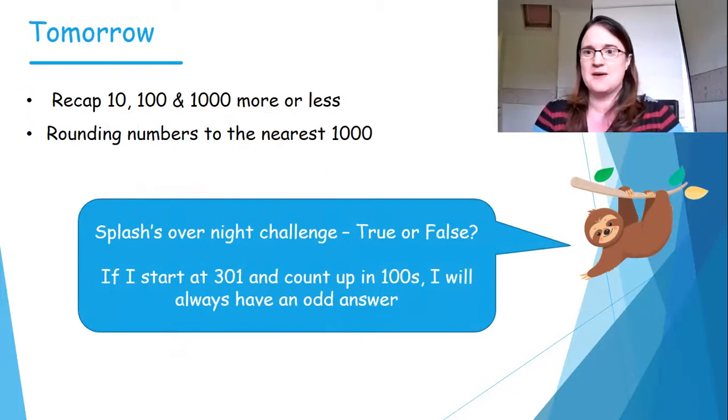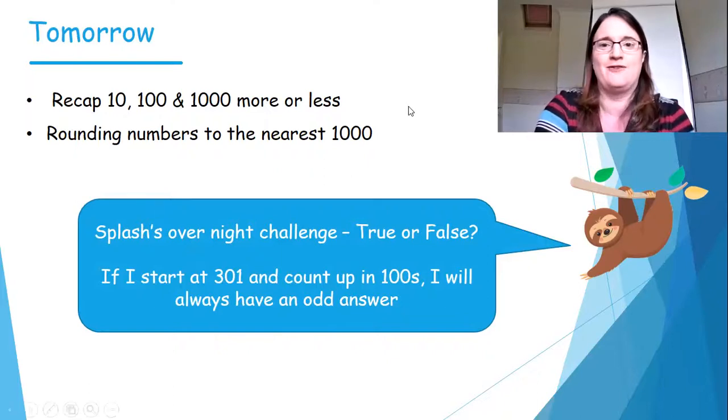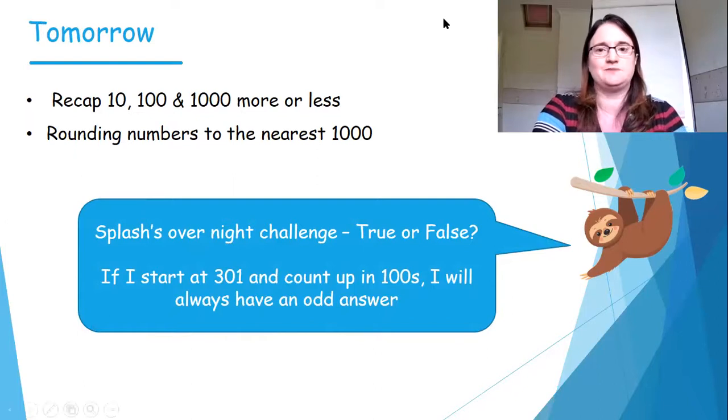Splash has got something for you to think about overnight. His overnight challenge is this: true or false? If I start at 301 and count up in hundreds, I will always have an odd answer. Have a think about that overnight. Your mind will be whirring now with ideas, won't it? Well done for today. Lots of big, really good thinking. Keep persevering with those. See if you can work out Splash's challenge, and I will see you